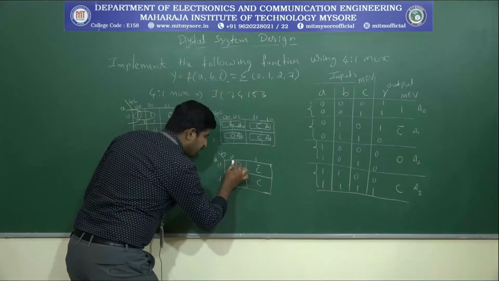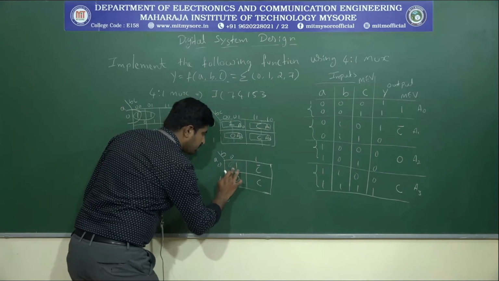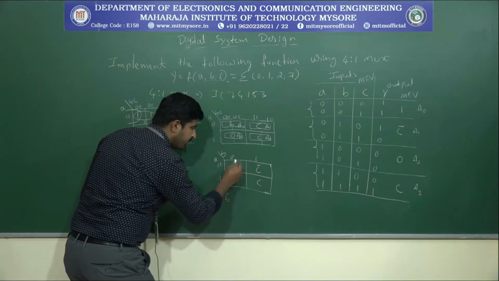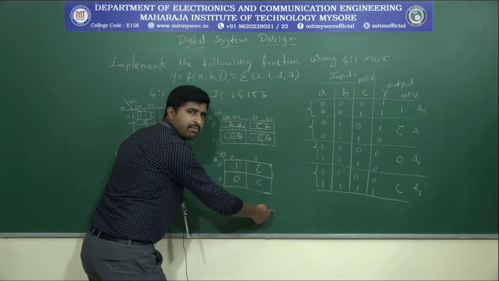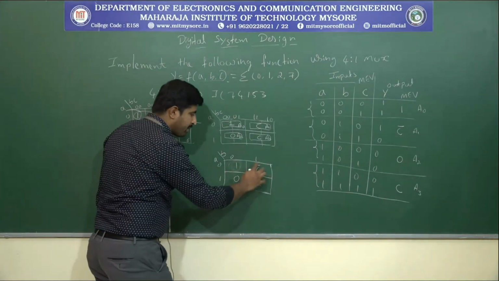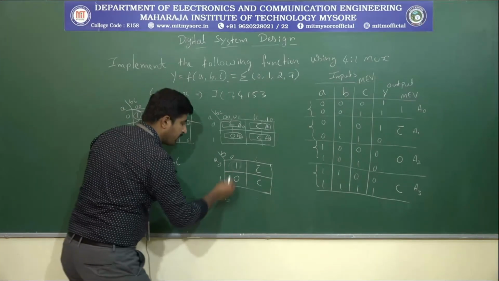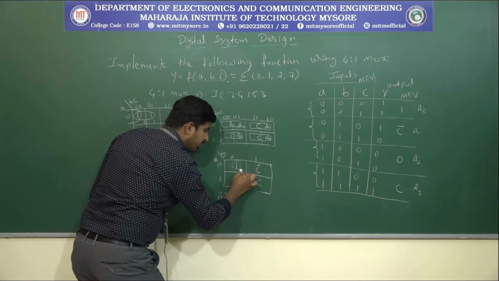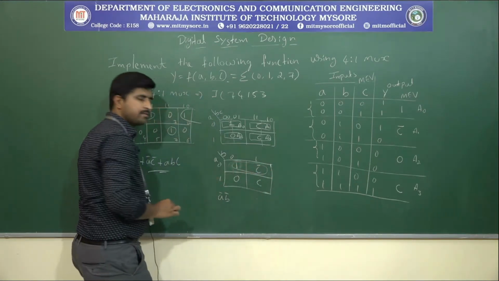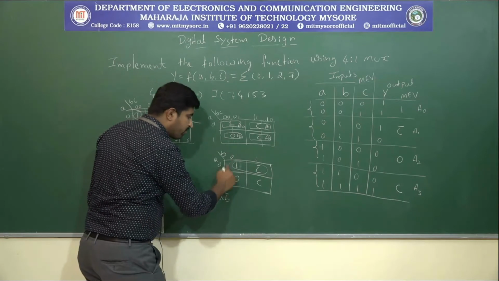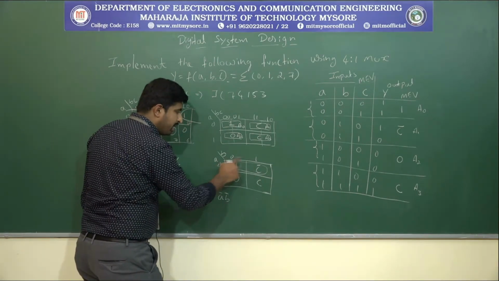Okay. So these two can be grouped. So we will erase this one. So it's already done. Okay. Or we need to write one more K map. But here I am writing in this K map only, I am showing it here actually. Okay. So here C bar can be grouped with the adjacent logic ones. Okay. When you group, what will the equation be? So here B has changed over.